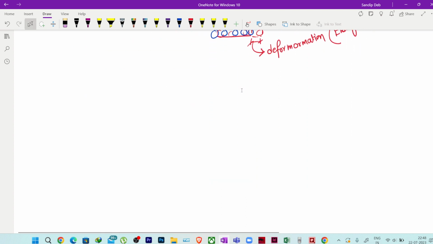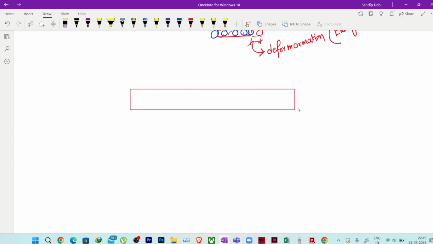Now if I take the same bar, and if I apply force like this, and I'm assuming this force is also along the axis of this bar. Okay, so now what will happen? If I again zoom it like this,